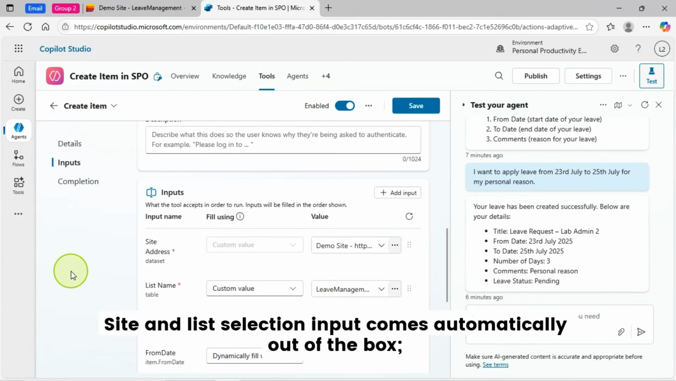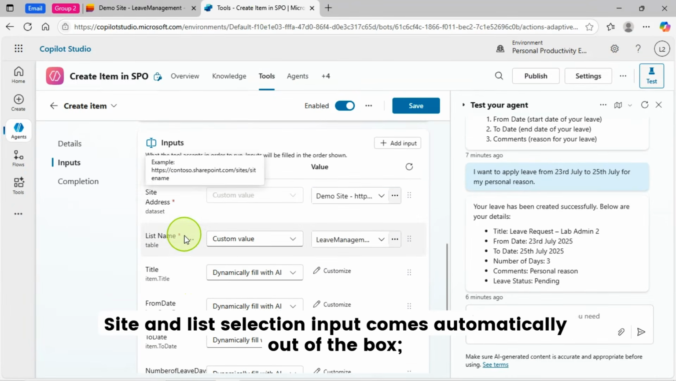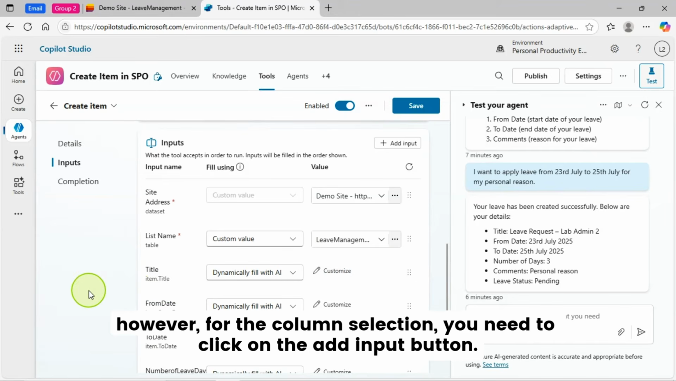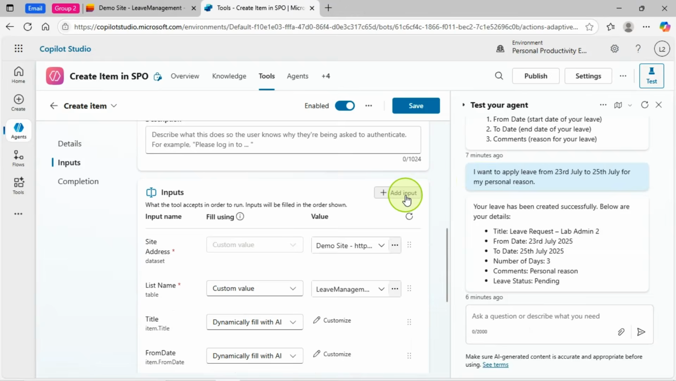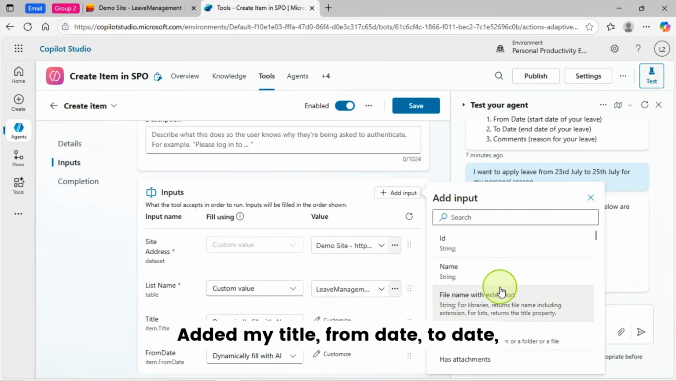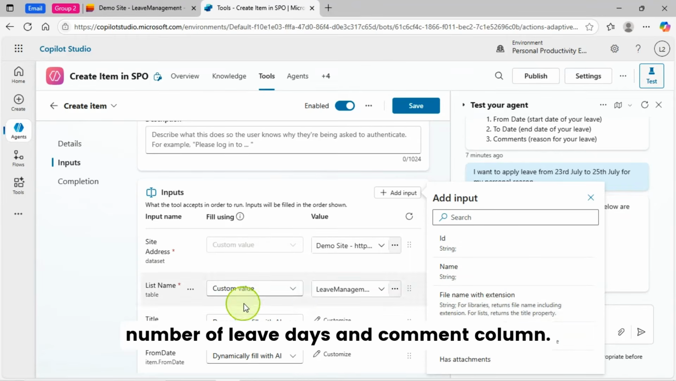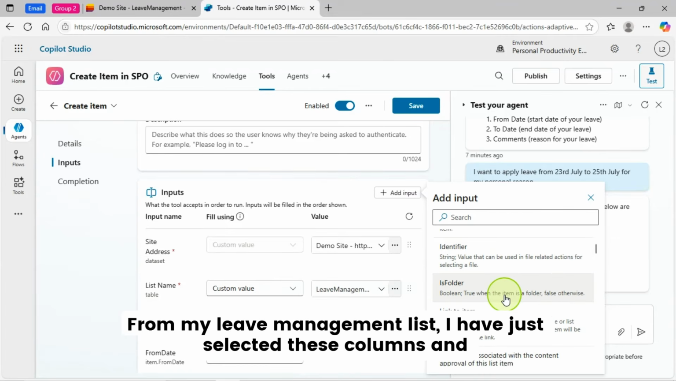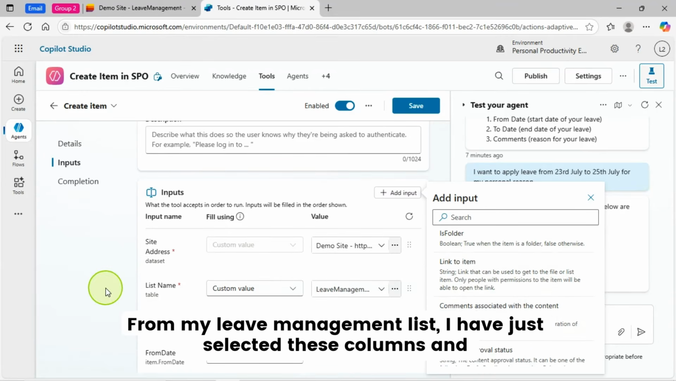Site and list selection input comes automatically out of the box. However, for the column selection, you need to click on the Add Input button. Then, from here, we have to select each column, which you want to map one by one. Added my title, from date, to date, number of leave days and comment column. For my leave management list, I have just selected these columns and